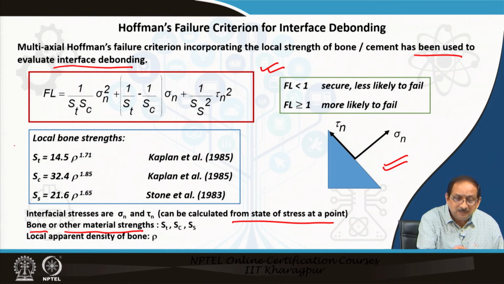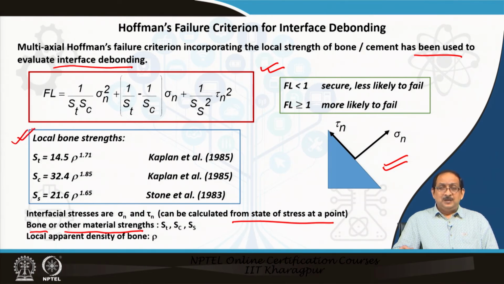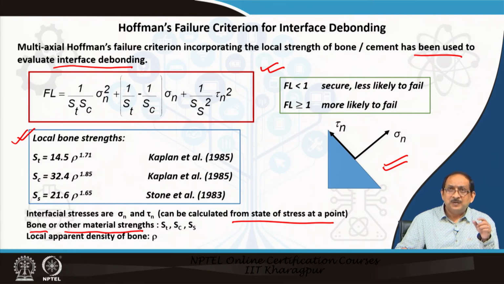So, if it is a bone interface, then the changing value of the bone strengths due to change in apparent density of bone is already incorporated in this multi-axial Hoffman's